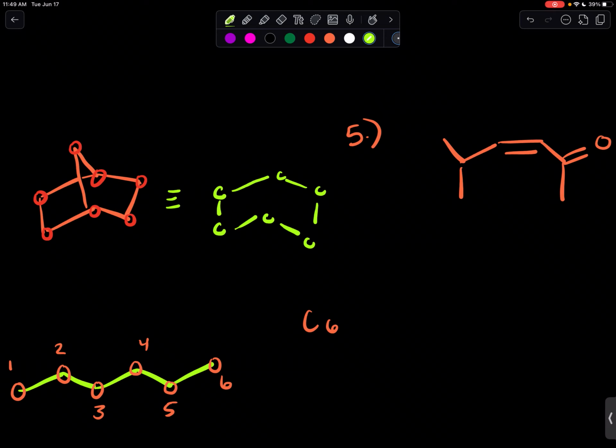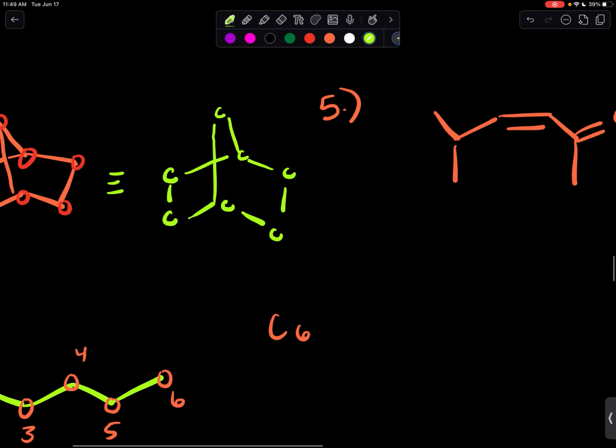I'll put this, and then we have another carbon that comes up, kind of like here, like that. Let's count them. 1, 2, 3, 4, 5, 6, and 7 carbons. Perfect. Now if I were to just add the hydrogens, all that I gotta do really is